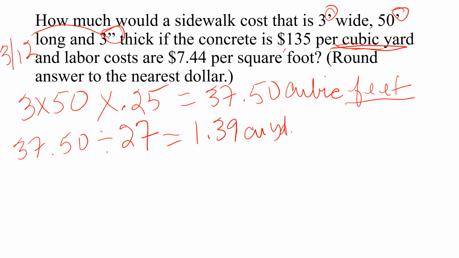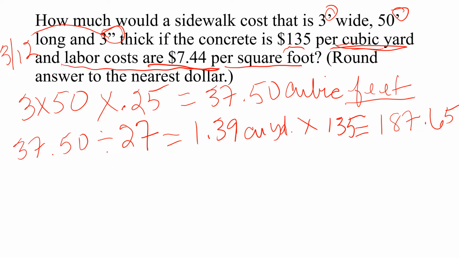And the concrete is 135 per cubic yard. So that equals 187.65. But also labor costs $7.44 per square foot. Well, we already have, oh no, we got to do square feet. This is cubic feet. Square feet is simply going to be our 3 feet by our 50 feet. So we've got 150 square feet